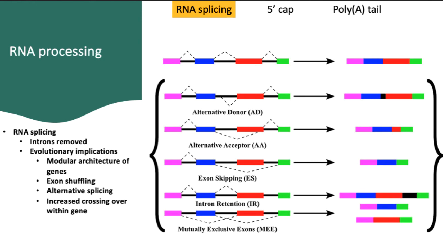Additionally, exons can be joined together in different combinations to produce varied polypeptides. In some cases, the exons can be cut out along with the introns. Introns can be retained, or there might be certain combinations of exons that are mutually exclusive of one another. All these mechanisms combine to create the possibility of forming many different polypeptides, all with a single gene, an obvious departure from the one gene, one enzyme hypothesis.